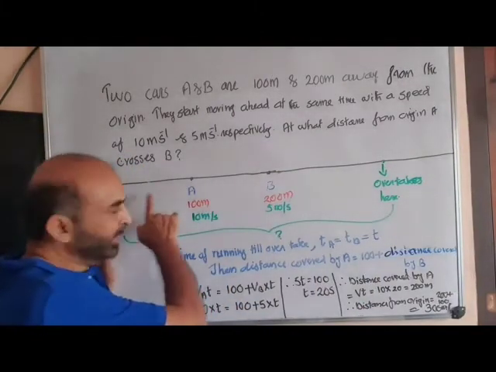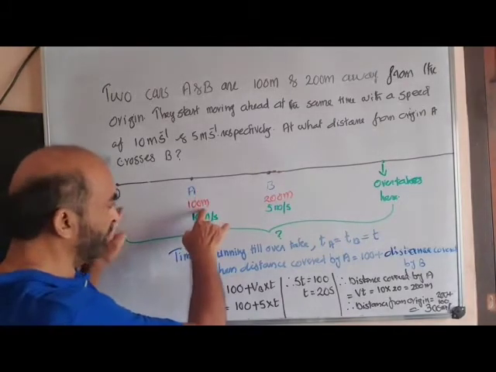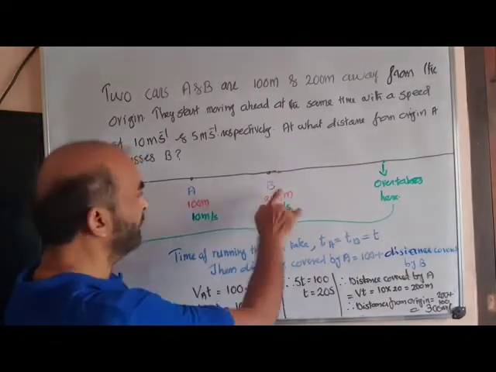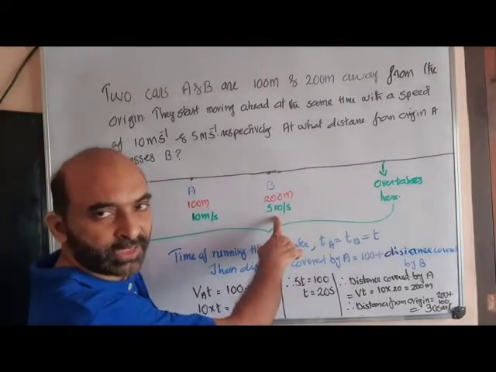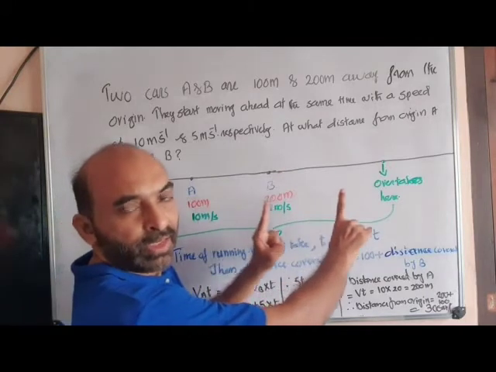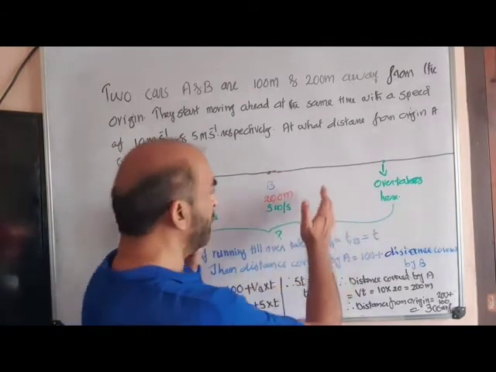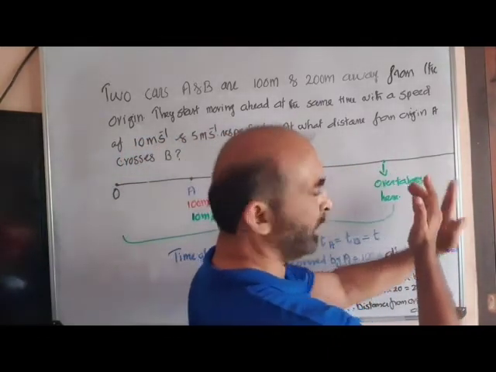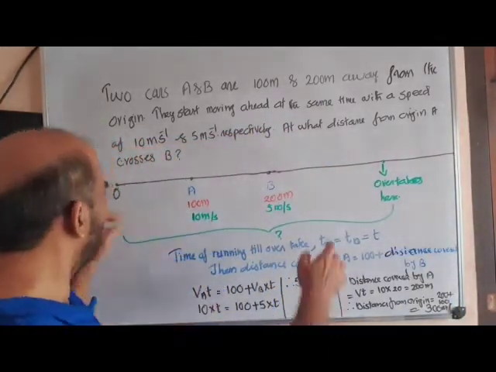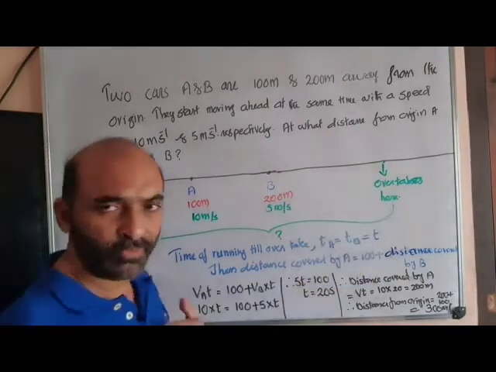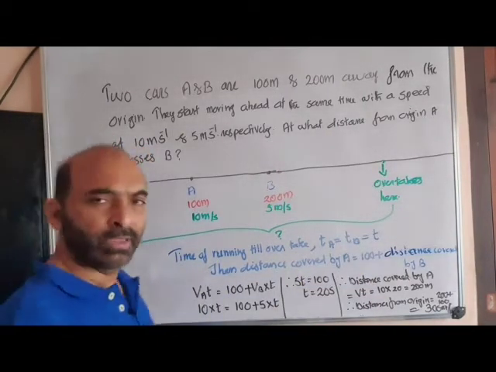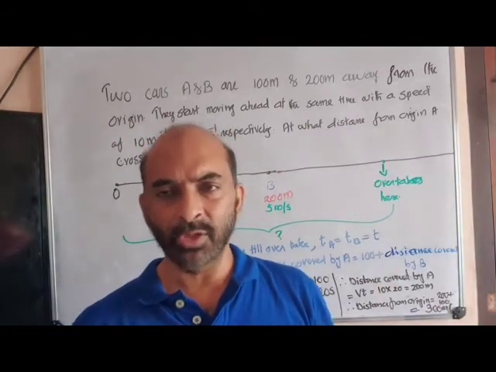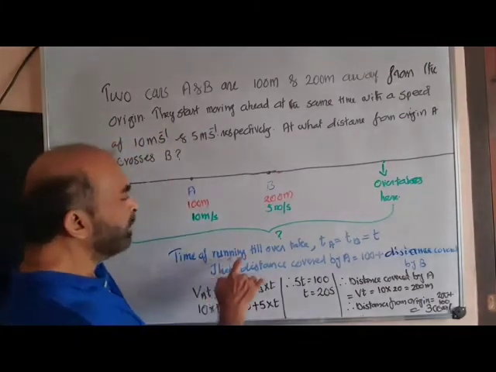O, the origin. A, 100 meter away, would move at a speed of 10 meter per second. B, 200 meter away, would move at 5 meter per second. They start moving ahead at the same time, and along with the progress of the journey, A comes closer to B until at one point A overtakes B, and the question is, from the origin, what is the distance at the time of overtaking. That's all, simple. Here the bodies are point bodies, so the length of the vehicle to overtake is not to be considered.